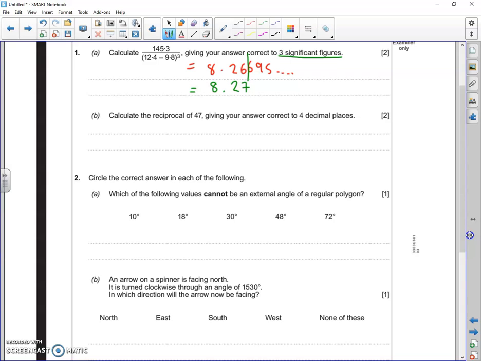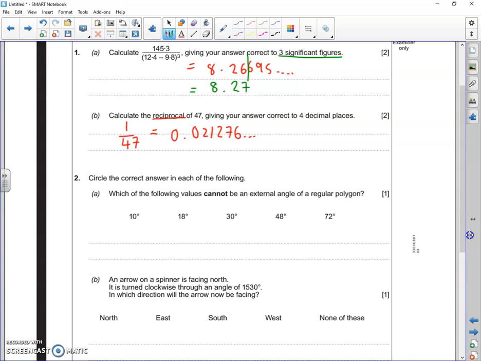For part B, you just need to know what reciprocal means. Reciprocal is to sort of do the inverse of something. So the reciprocal of 47 is 1 over 47. If it was a fraction, you turn it upside down. If it's not a fraction, it becomes 1 over the number. 1 over 47, if you type that into your calculator, comes out as